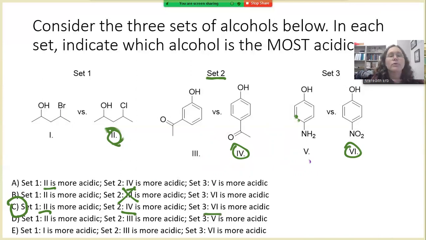If we move through all 3 sets, all right? So definitely keep your eye out for resonance. Keep your eye out for whether or not you can push the resonance out onto the substituents of an aromatic ring. All right,